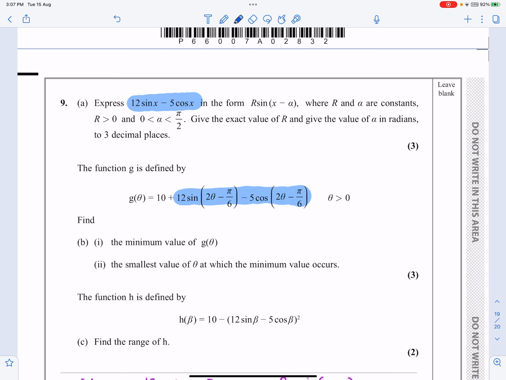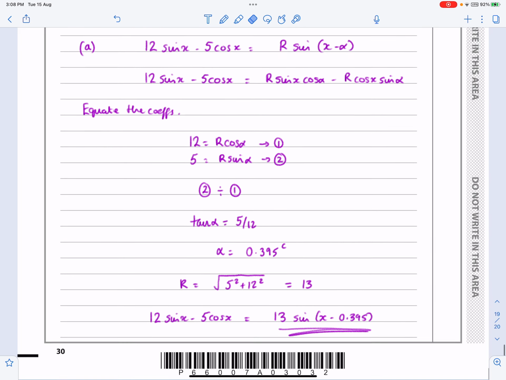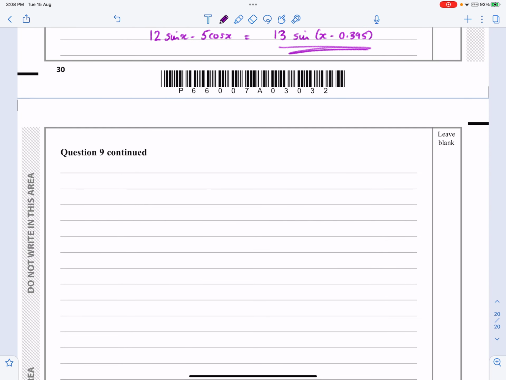They're asking us for the minimum value of g theta. So let's just have a proper look at g theta here. Okay, if I want the minimum value, I'm doing 10 plus something. I want that to be the minimum value of my 12 sine x minus 5 cos x, because then 10 minus that, it's going to be minus that, will give me a g min as well when we're actually going ahead and doing it. Okay, I've explained that to you. I need to now explain that to the examiner if we're doing it. So B,